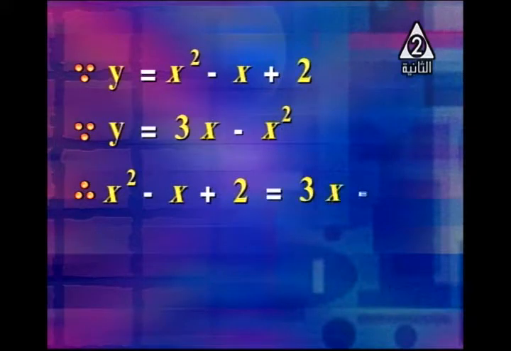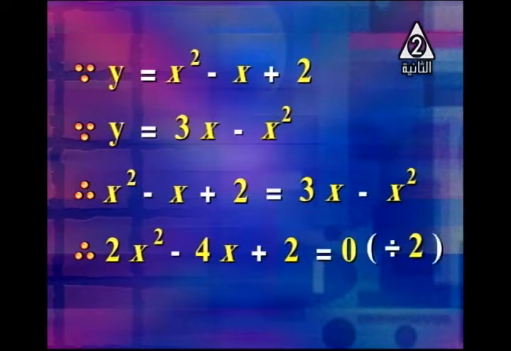Remember, dear student, the first curve has the equation y equals x squared minus x plus 2. We find dy by dx by differentiation with respect to x. Then the second equation is y equals 3x minus x squared. We have two equations of the two curves. By using equation number 1 and equation number 2, the left hand side equals the right hand side. By putting x squared minus x plus 2 equal to 3x minus x squared,